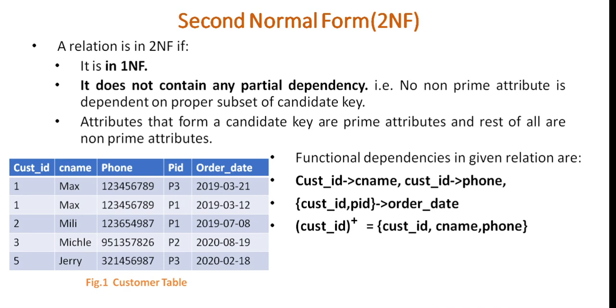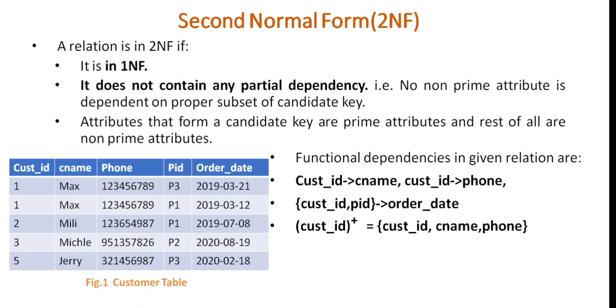So the closure of customer ID. I have already explained the closure concept also; you can go through that video on functional dependency. So here the closure of customer ID is customer ID itself, then customer ID determines customer name, that's why customer name is also in the closure of customer ID. Customer ID determines phone, so phone number is also in the closure. The closure set of customer ID consists of customer ID itself, because an attribute can determine its own value. That's why the closure consists of that attribute also.